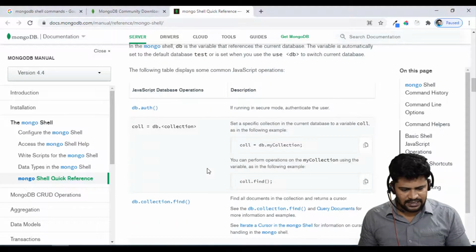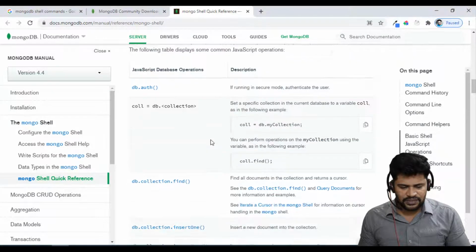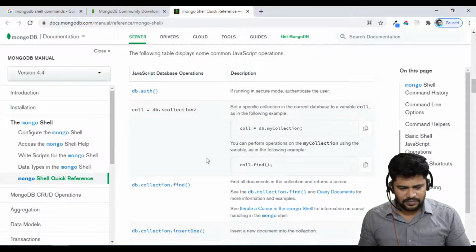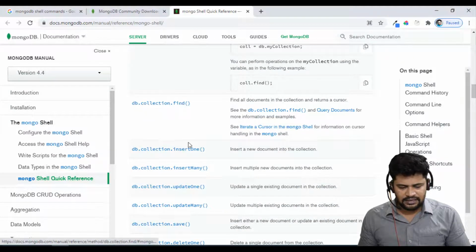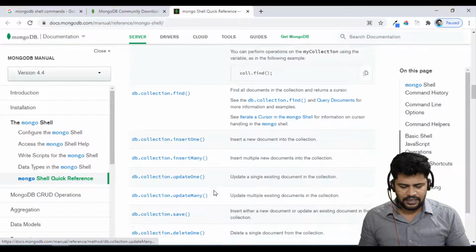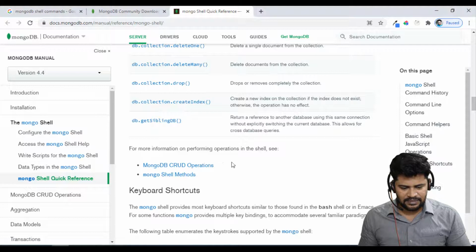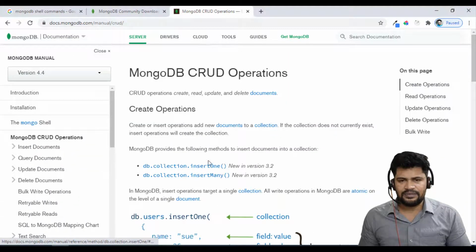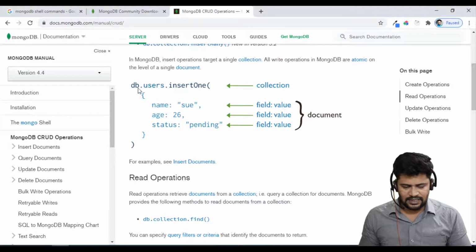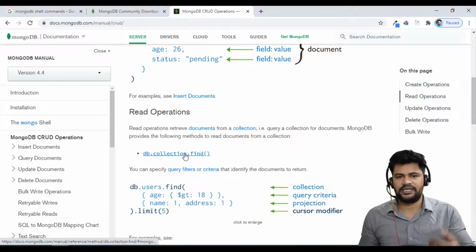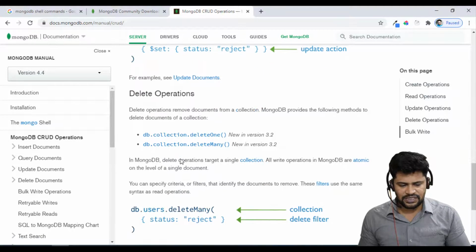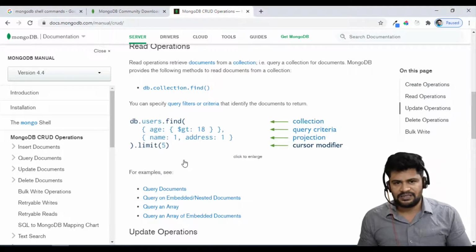Multiple things are there, and we also have a few functions, some operation functions like find, insertOne, insertMany, update, updateMany, save, delete, drop. If you want to see the MongoDB operations, these are the operations, like insertOne, find to read the data, everything as mentioned here. So we'll see the operations one by one now.